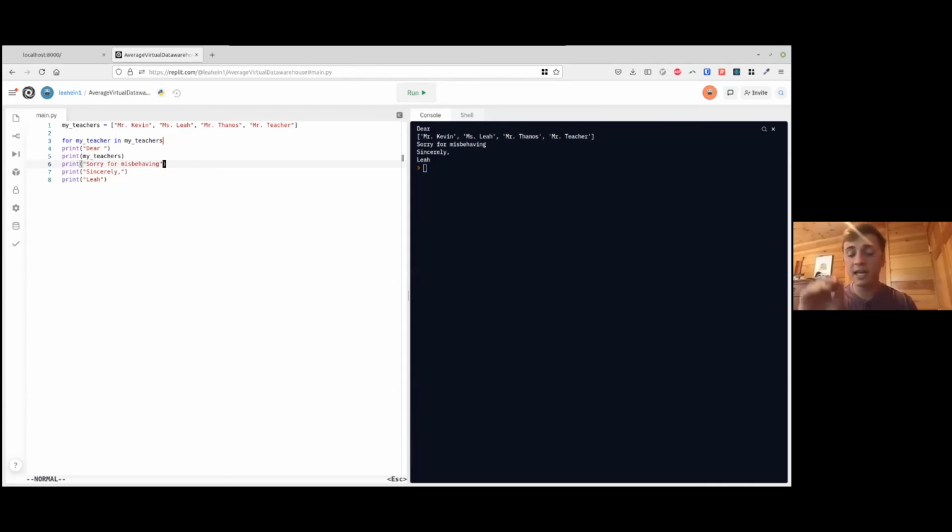And then Python, because it's a very specific language and we have to speak with the grammar that it expects, we have to put a colon at the end. And we have to indent, we have to tab all of these lines one time in. And now instead of saying, "Dear my teachers," we're going to change this back to a singular teacher.